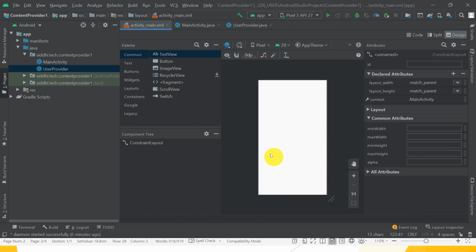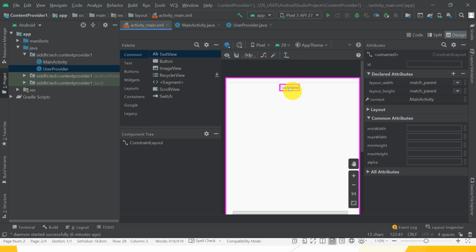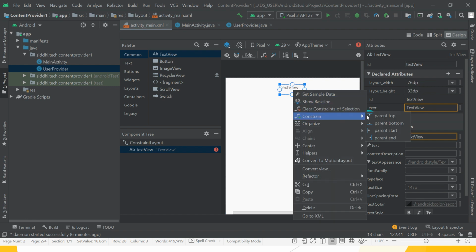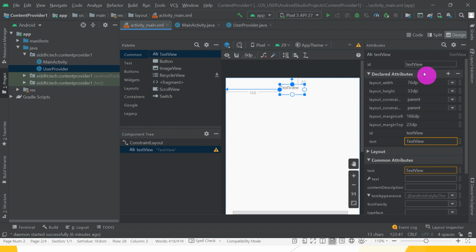Next, what is the next part? First take one text view, that is a label. Then the second thing is constraint: parent top, and give the constraint from the parent start. Next, give the label's text as name.